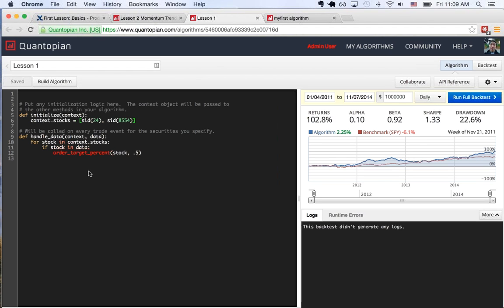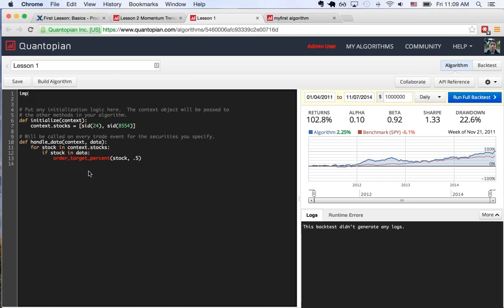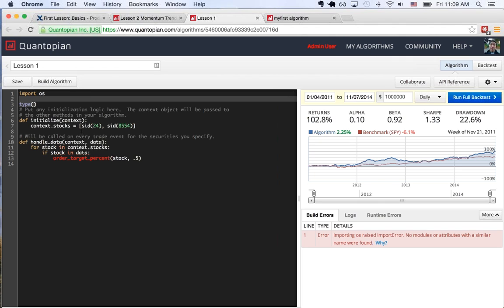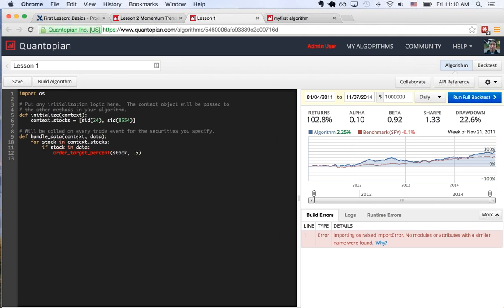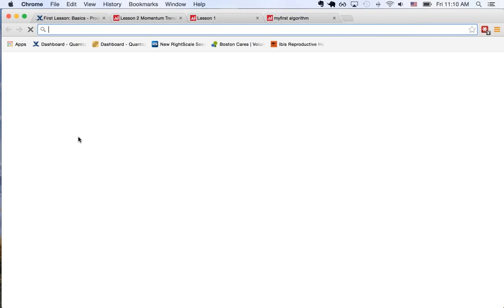So we don't allow you to import an arbitrary list of Python modules. For example, if I wanted to import OS here, it would raise an error because we don't allow you to import that method. The same if I was trying to do type, if you guys know type right here, we won't allow you to do that either. Why? We have a lot of security measures in place. Hope you guys understand, but we have a list of modules that you can import if you look at the